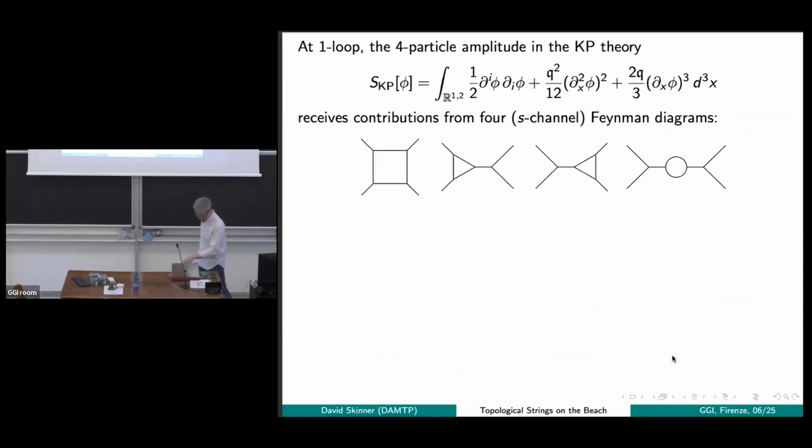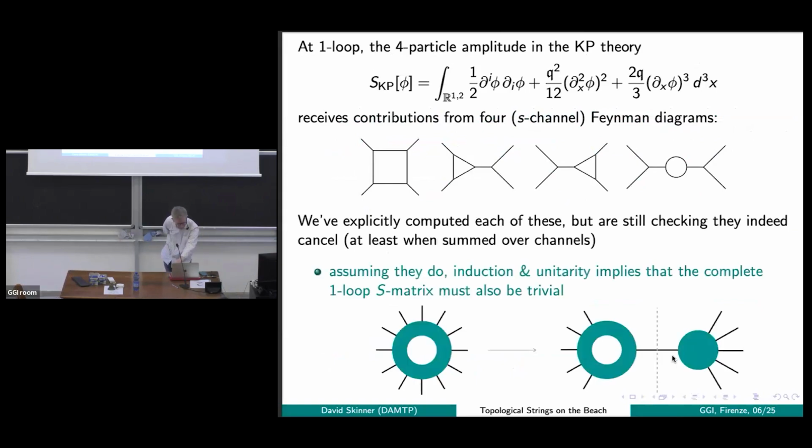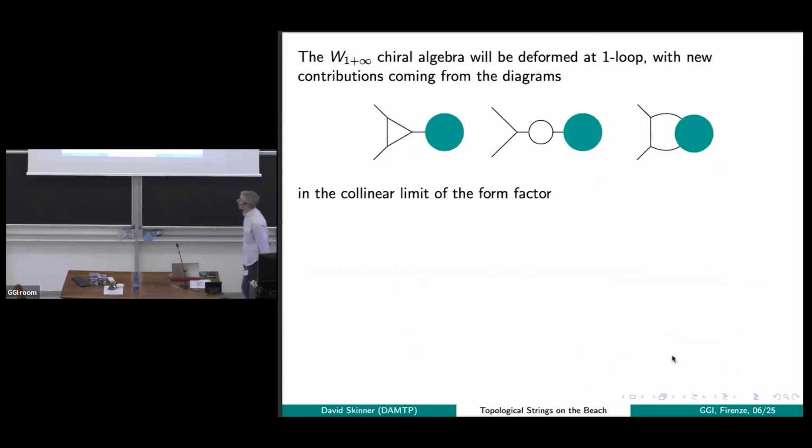So we wanted to check that. These are the diagrams you have to compute. It's easy to check that as long as the 4-particle one-loop amplitude vanishes, all of the n-particle one-loop amplitudes also vanish. We have evaluated all of those 4 diagrams. Believe it or not, I can't tell you whether or not they actually cancel, because at least one of them is a total nightmare. But as I say, as long as the 4-particle one-loop amplitude vanishes, unitarity implies that the n-particle one-loop amplitude also vanishes, because we already know the trees vanish.